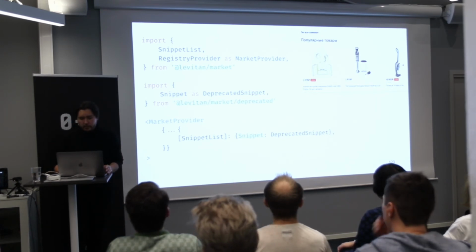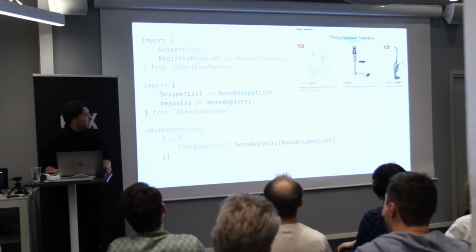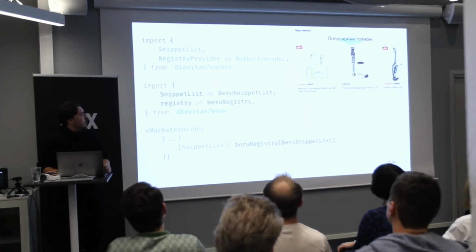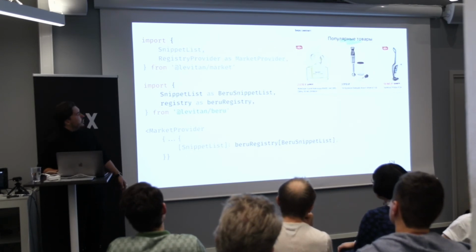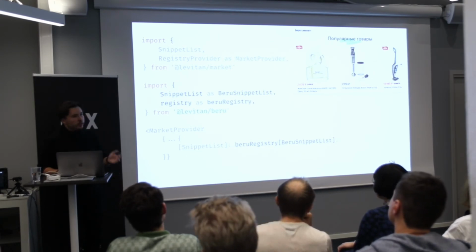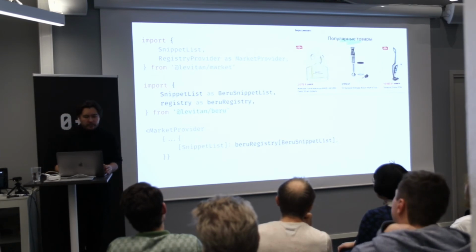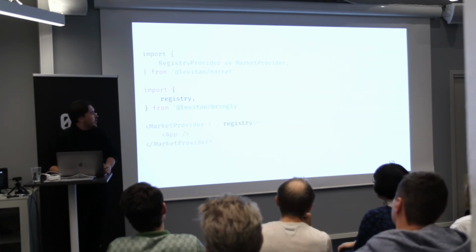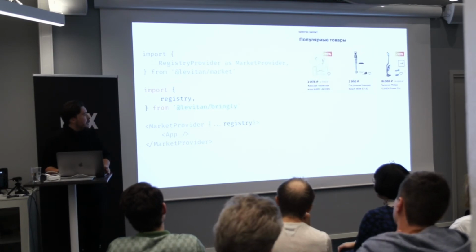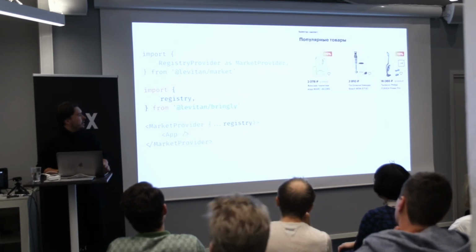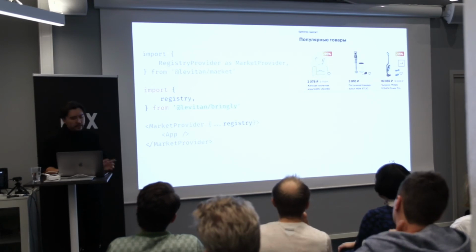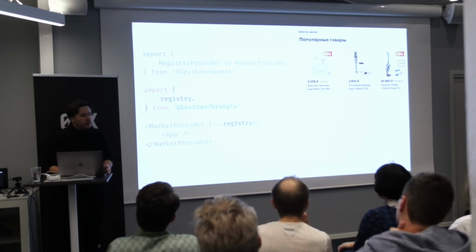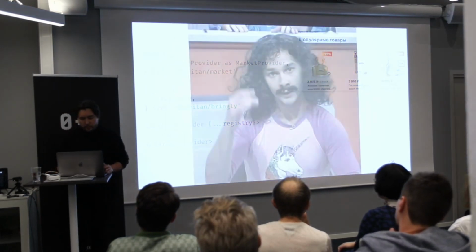And which is more interesting, I think we can just get the component from another registry, for example, from the registry from the other service, and we can completely restyle our snippet list in that service with styles of the separate service without any code changes too. And you can completely restyle the whole application here, and you can, for example, restyle Yandex Market to the Brindley Market without, again, any code changes here. And it might look like magic, but